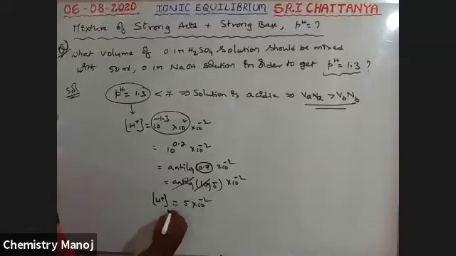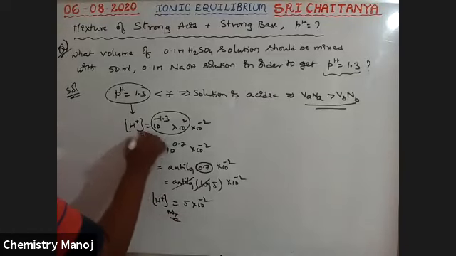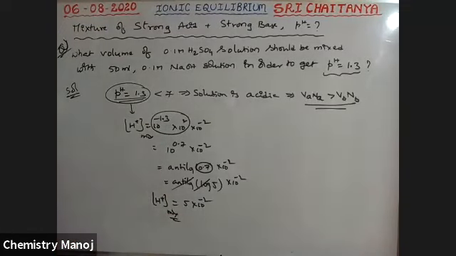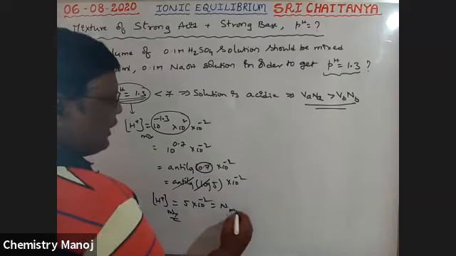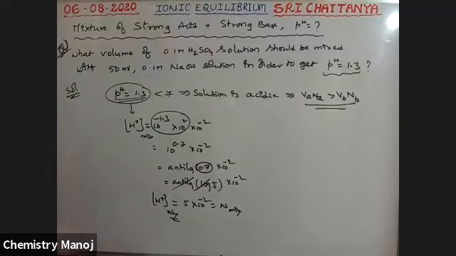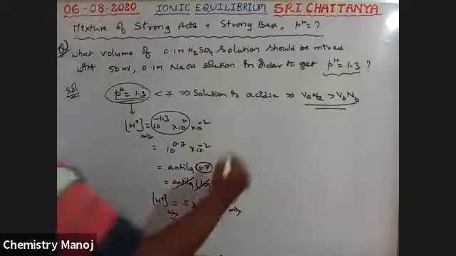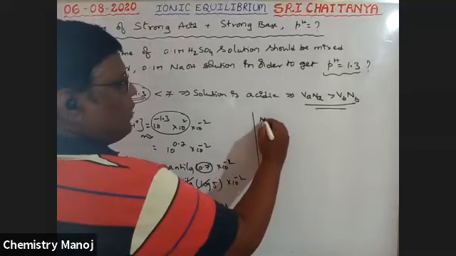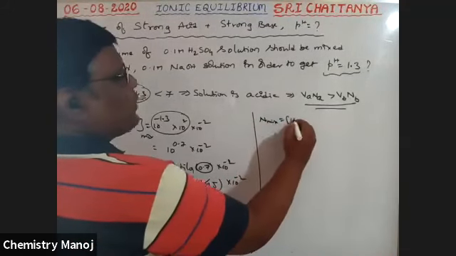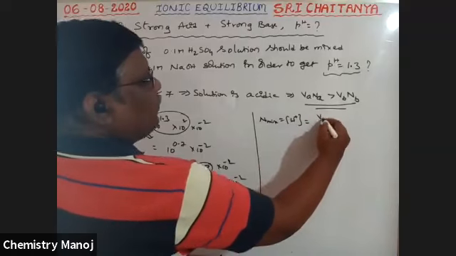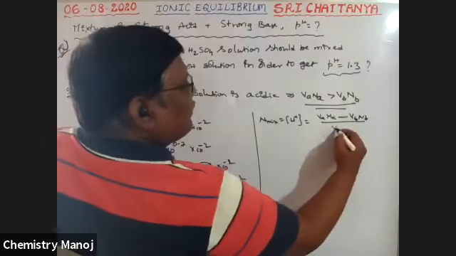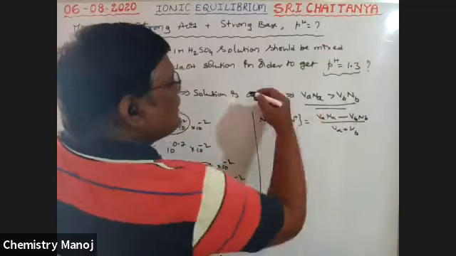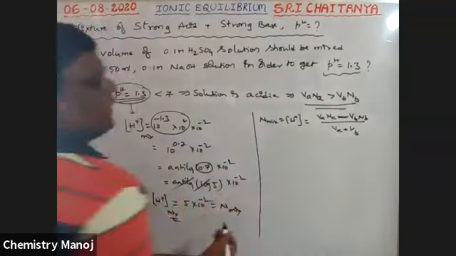That is the mixed concentration, my dear boys, because mixed molarity, mixed pH. So H plus mixed is equal to normality mixed. Now apply the condition. So normality mixed is equal to H plus concentration is equal to (VA NA minus VB NB) by (VA plus VB). Because it is acid and base, that's why I am taking the minus sign.